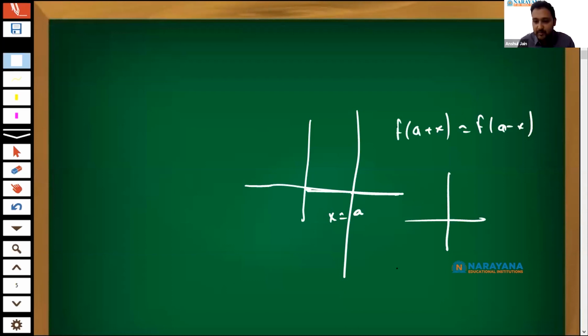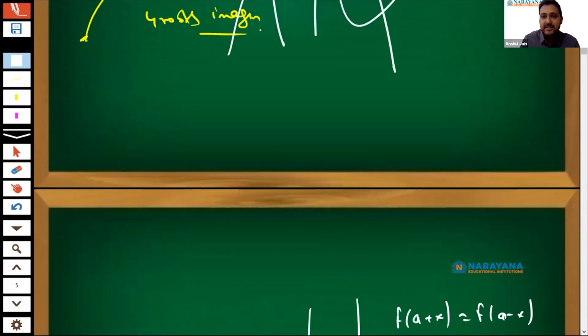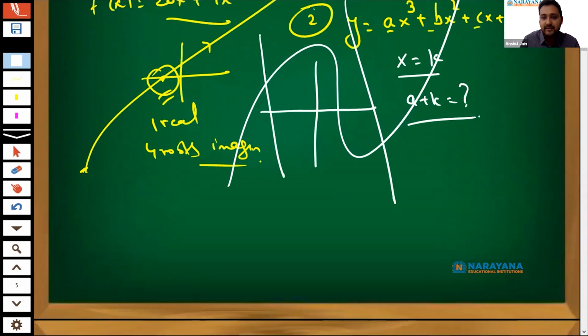But in a cubic polynomial, whatever be the equation, at x equal to infinity it is giving infinity, but x equal to minus infinity is giving minus infinity. So it is not symmetric about any line. So it is not possible here. But they have told us that it is symmetric about x equal to k.